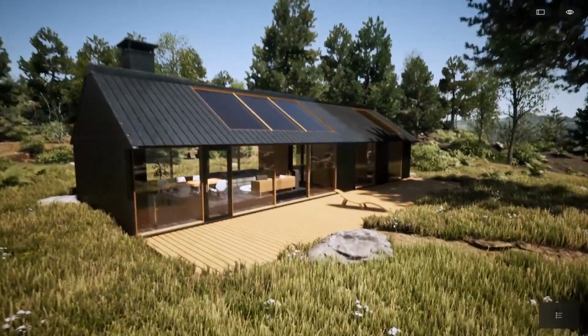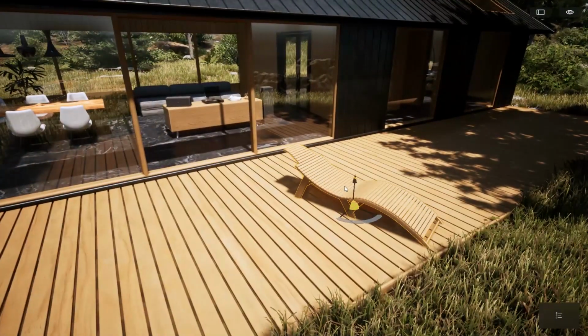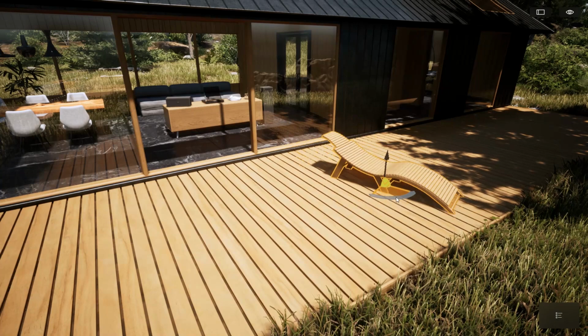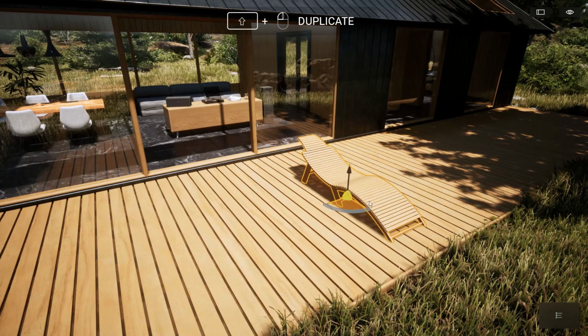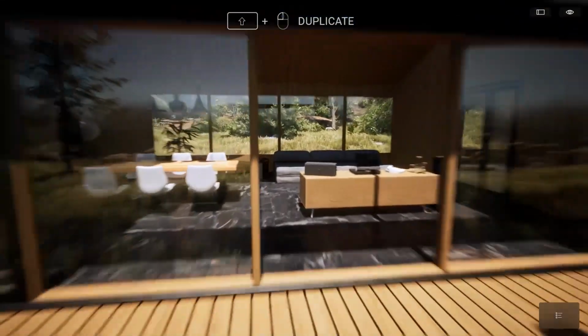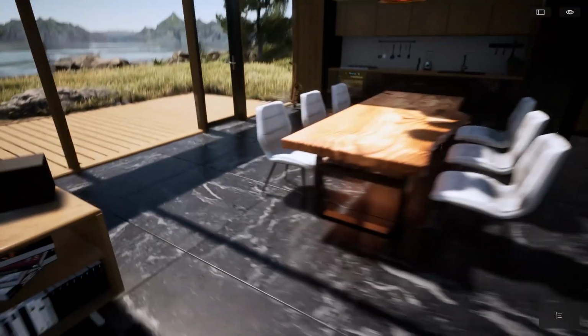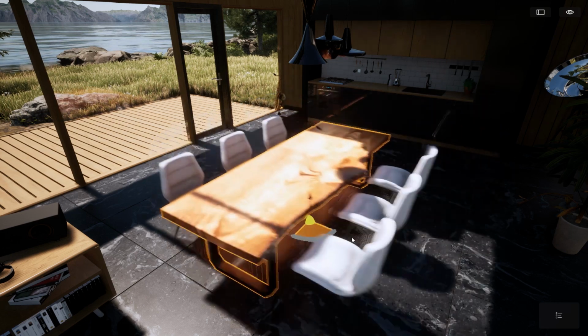And now inside Twinmotion 2022, we have added some options that allow you, for example, to select an object, move it, you can also turn that object. If you press Shift, you can even duplicate that object. Let's come inside. Same thing over here, if I click on that table, those chairs are placed as a child of those objects, so I can move all that pack of objects together.